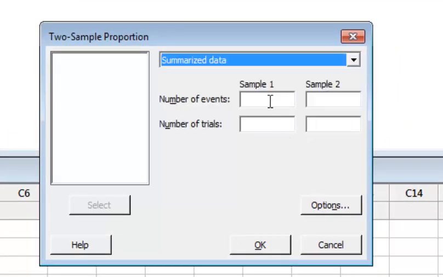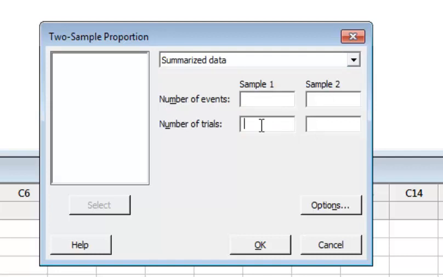In summarized data, sample 1, remember your sample 1 is male here. Number of trials means there are 50 males in your data and 30 females in your data. This is the number of trials. It means you will put your sample 2 in the second row, whereas in the first row, number of events means 24 smokers.